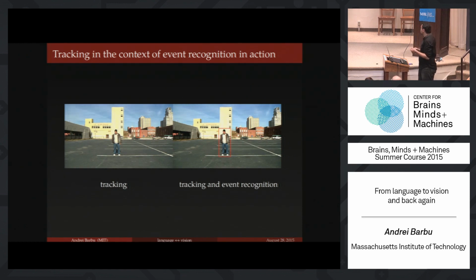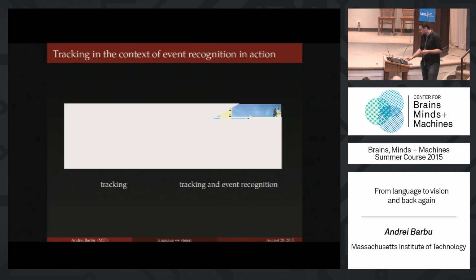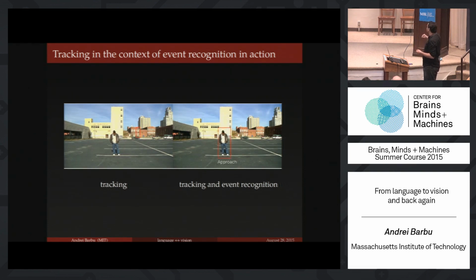The top detection in this frame happens to be the window. It's a little hard to see. It's quite a bit stronger than the person. But because neither the window nor the person ever move in this scenario, the tracker can't possibly help you. You have no motion information. The only way to override that window detection is to know something else about the world. So we told it that the ball will approach. And you can see that for the combined tracker and event recognizer, indeed, when the ball comes into view,